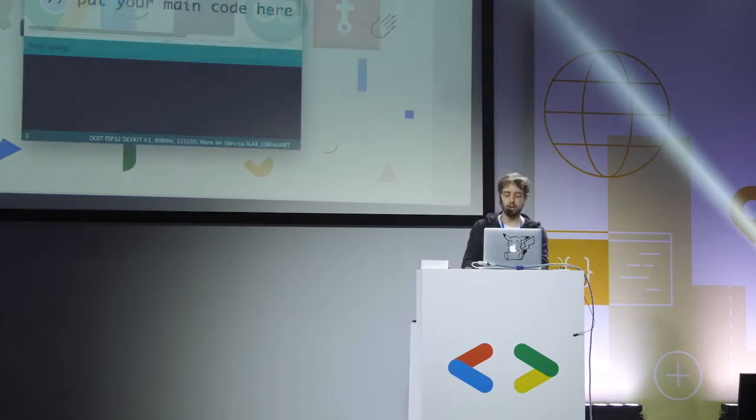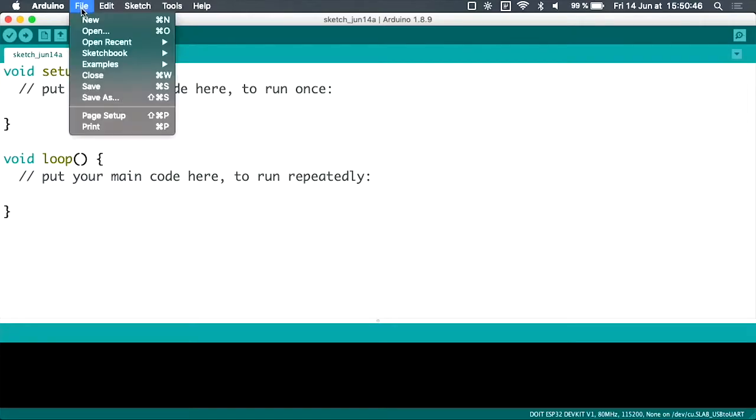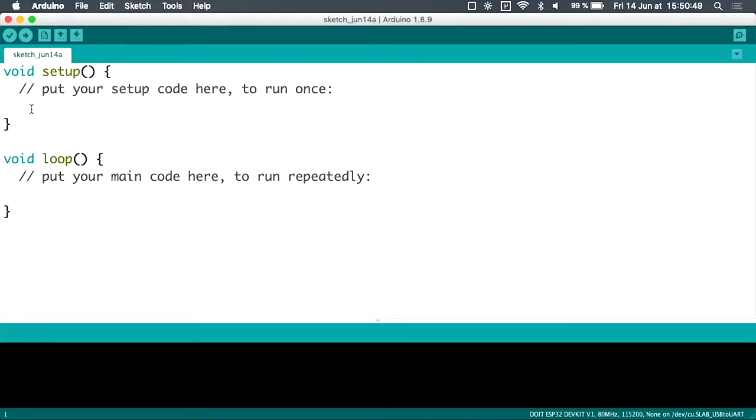So how do you do a hello world on a microcontroller? First, you start the Arduino IDE, and you just click on File, New, and it will generate this file. When you create a new project on the Arduino IDE, you can see that you already have two methods that are already written. This is the Arduino contract, and you just have to know that you have only two methods. If you are familiar with C, you could think of your C main function like that.